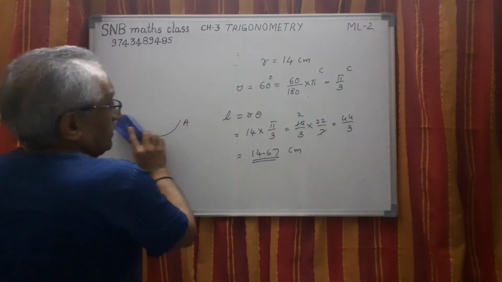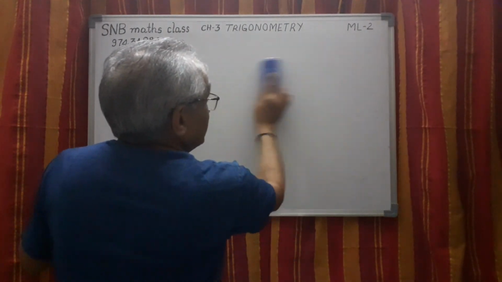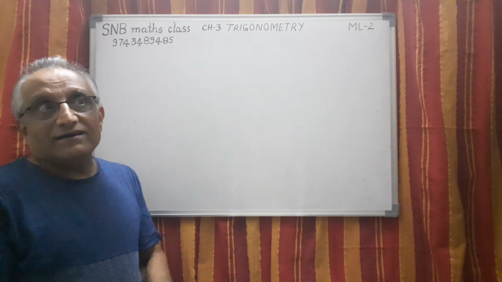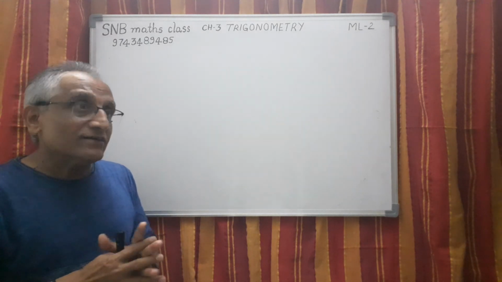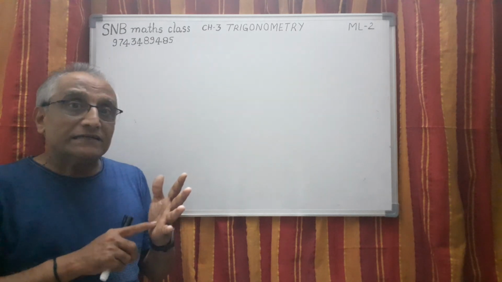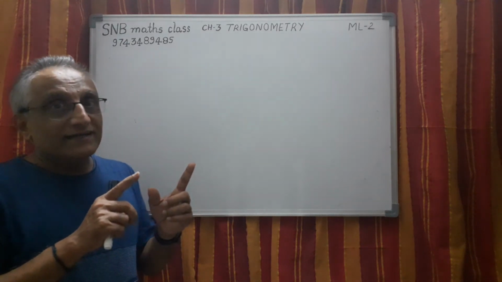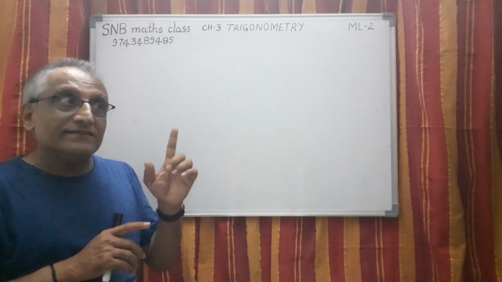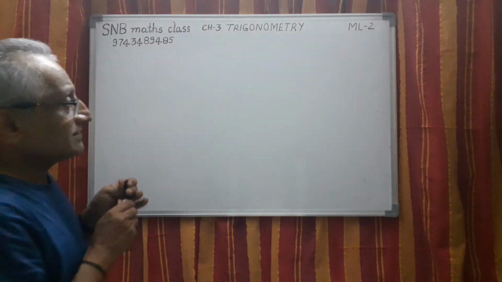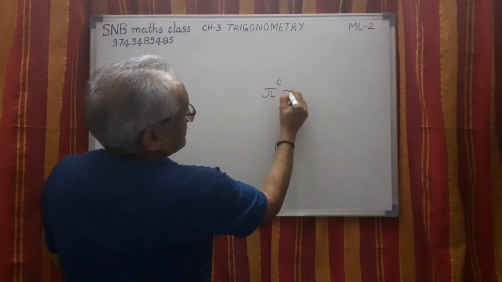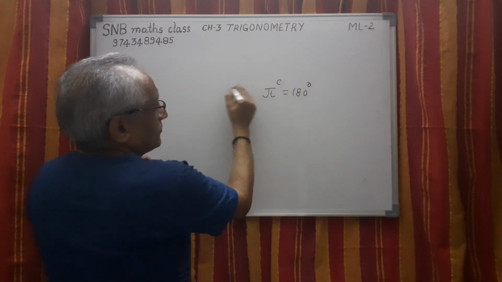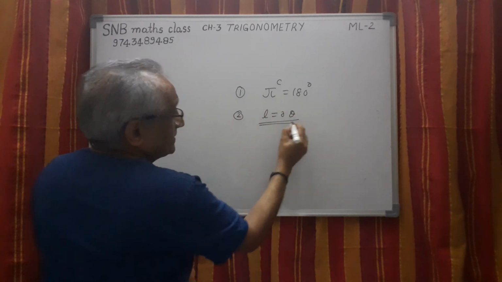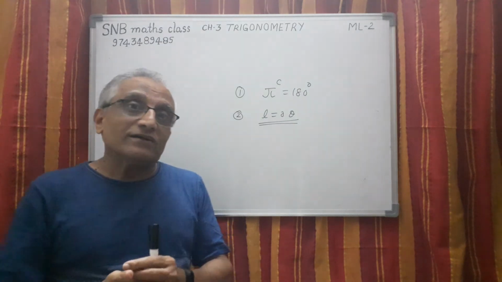Let me conclude. Today what we have done is, we have started studying one more system of measuring angle, which is circular measure. Unit is radian, and radian is what? It is the angle subtended at the center of a circle. What is the condition? Radius of that circle and arc length should be one and the same. So 1 radian is the angle and it is constant, we have proved. Then there is a connection, that is pi radian is 180 degree. This is one important result we have derived. Second result is L equal to r theta. This is actually the basic preparation for our trigonometry.